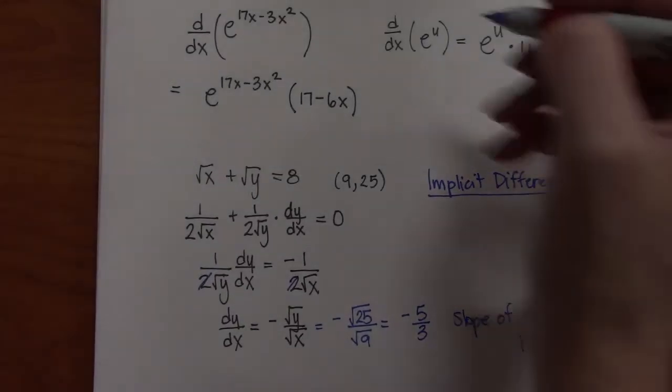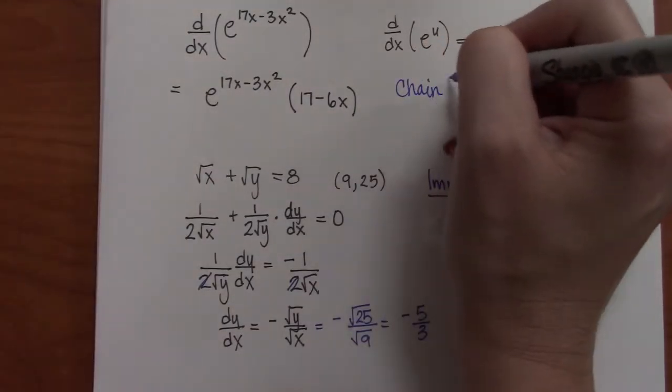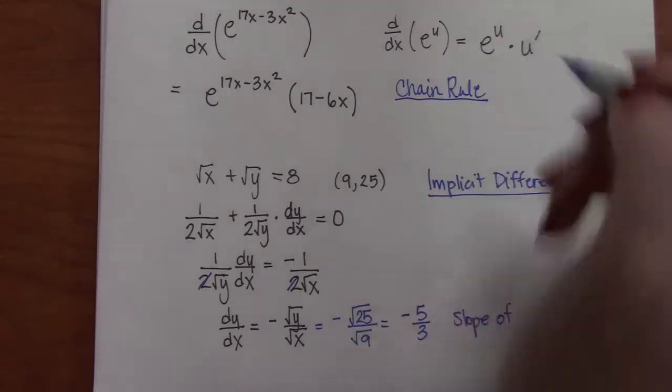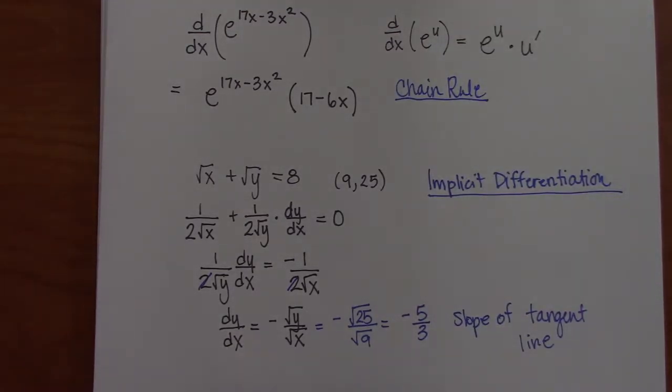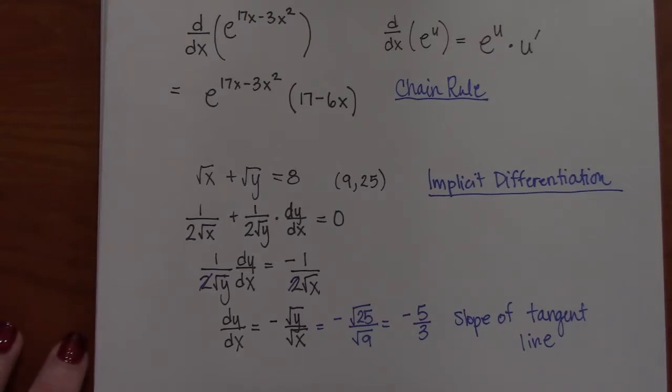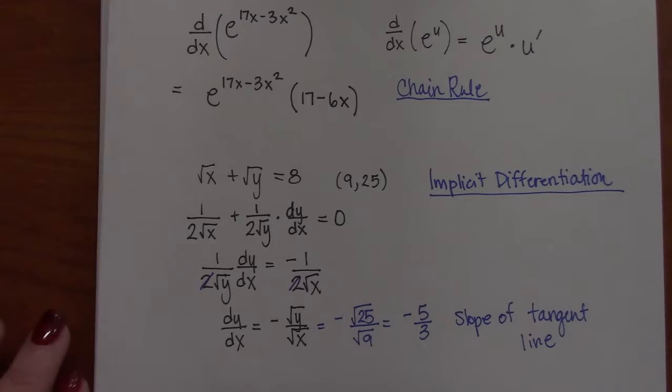And back here, I'm just going to write, so we kind of have a running thing of what we're talking about. How would you differentiate something like 5 to the 2x minus 3? Okay, so